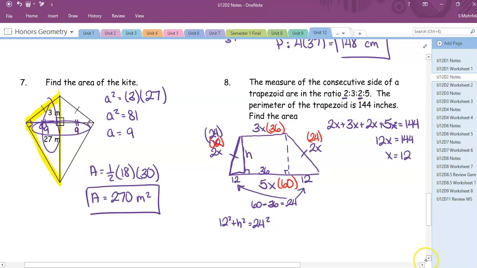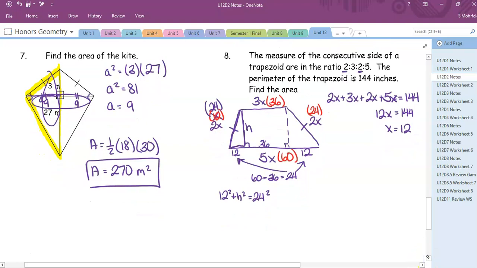Now, unfortunately for us, this is not a triple, but there's another pattern. If you catch that, it'll make it a lot faster. For the rest of us, we're going to go through and solve those. So I end up getting h squared equals 432. I squared the 24, I squared the 12, I subtracted over. And then I have to take the square root of both sides. So this breaks down into 144 and 3. So the square root of 144 is 12